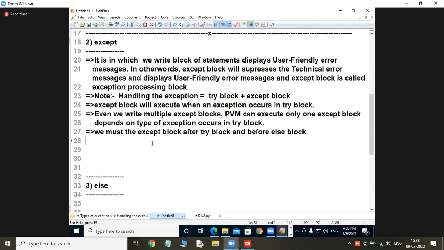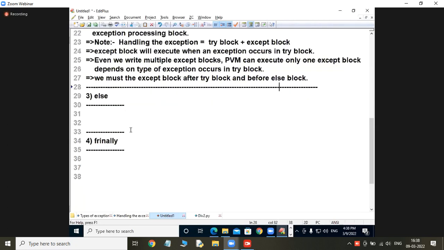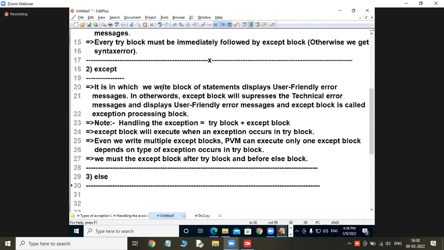Now coming to the next part, the else related information. After these points are over, I will tell you the varieties of except blocks.